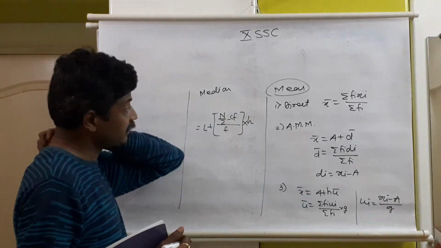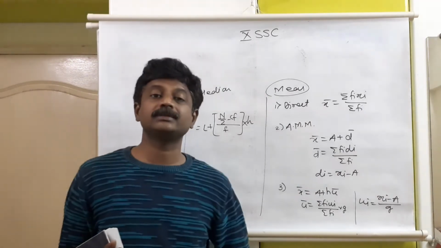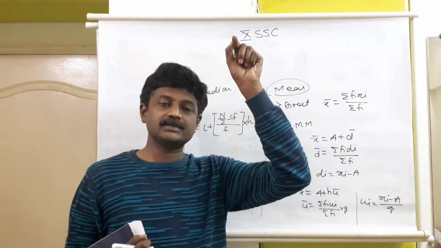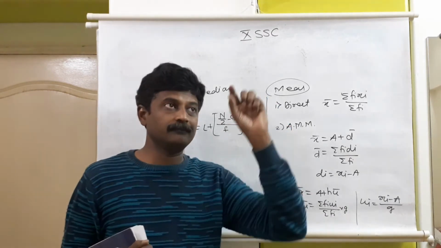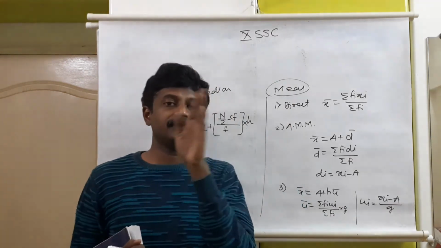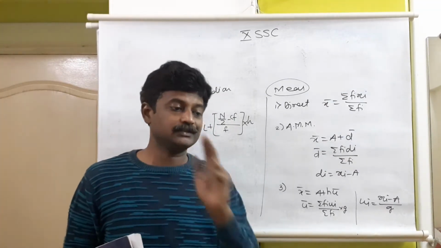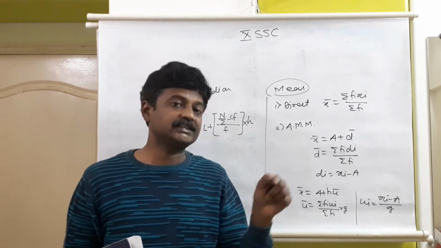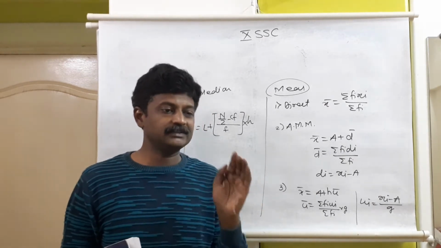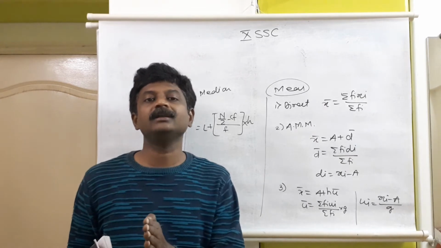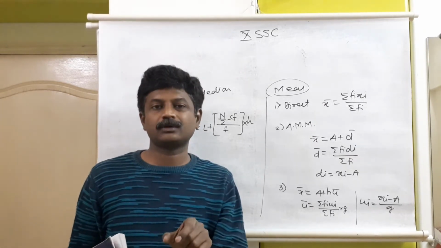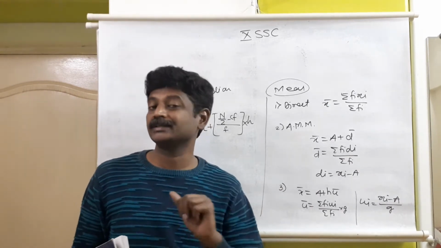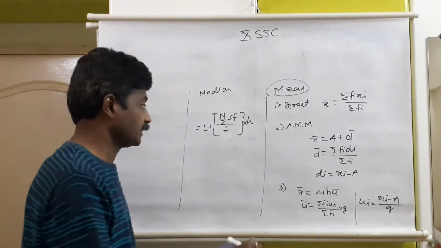Here for the median, we need the cumulative frequency of the less than type, so we have to add the frequencies from top to bottom. First frequency as it is, addition of first two frequencies, addition of first three, addition of first four. In that way we continue till the end. The last CF is always equal to the value of capital N. The summation of the frequency column and the last cumulative frequency in less than type are always the same. So that is the cross check where you can verify your calculations.